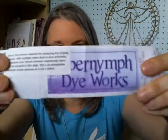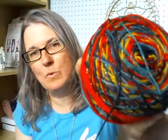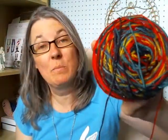So sock number 3 is some Fiber Nymph Dye Works yarn in the Star Trekky colorway, which I showed you guys a few weeks ago, that my friend Dale picked up for me at a fiber event that Fiber Nymph was at. Fiber Nymph Dye Works. Let's see, does it say which base it is? Bedazzled base, which is sparkly. And this is what it looks like in the ball. And this is a self-striping yarn. It resembles the uniforms from Star Trek. And I cast this on,